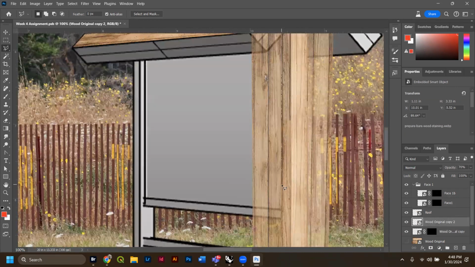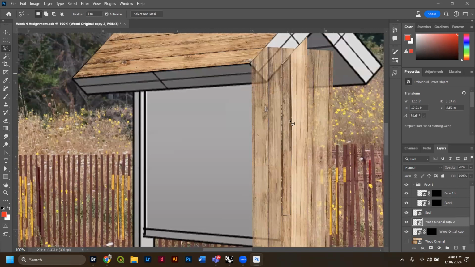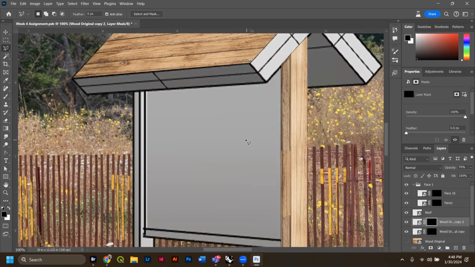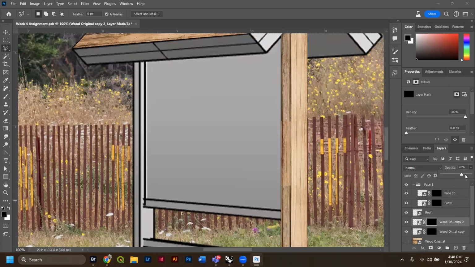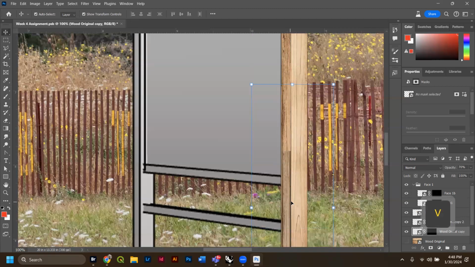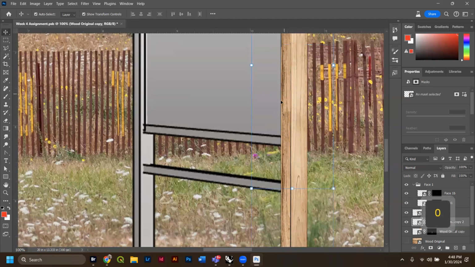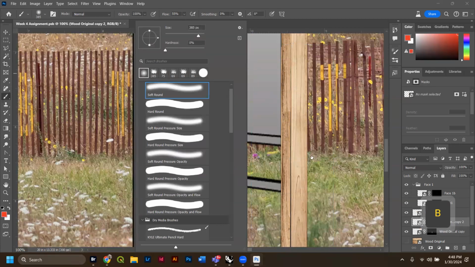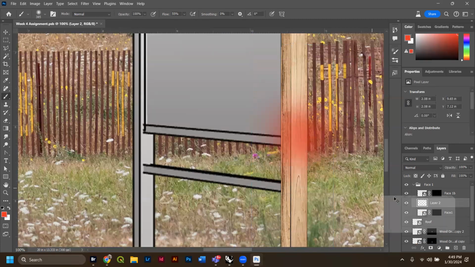Okay, and we'll use that brush again, the soft brush, just to,